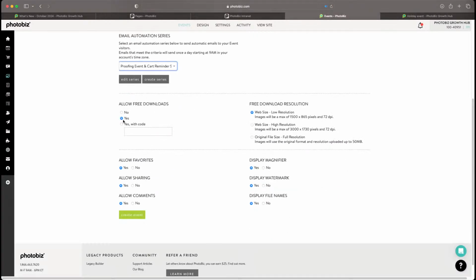And then you'll be able to allow downloads. Do I want them to have downloads? Well, maybe, but we'll just do it for this case anyway. And we're going to set it to our original file size resolution. The reason why we do that is any file that you upload that's 50 megabytes will be stored here at